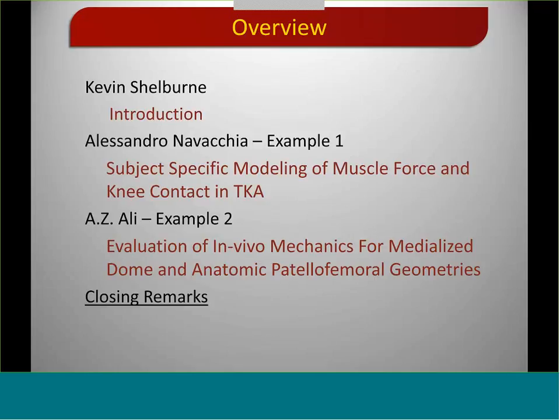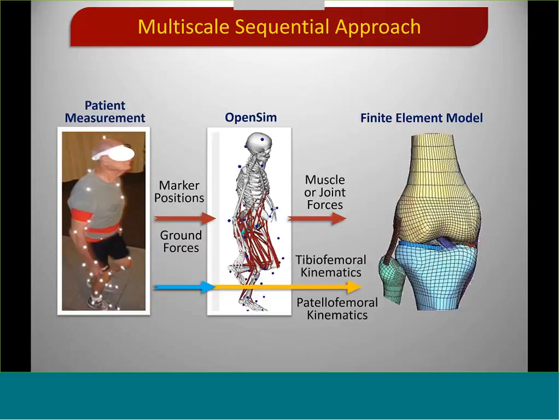So I hope that we've convinced you of the utility of using this multiscale sequential approach and the importance of including multiscale data. Bringing back this figure from the introduction, as you've seen, the OpenSim and finite element models really target two scales. But in Alessandro and Nazi's work, some data, such as the radiography data, is used as input in both models, and some of the tissues, such as the quadriceps and the patellar model, is represented in both